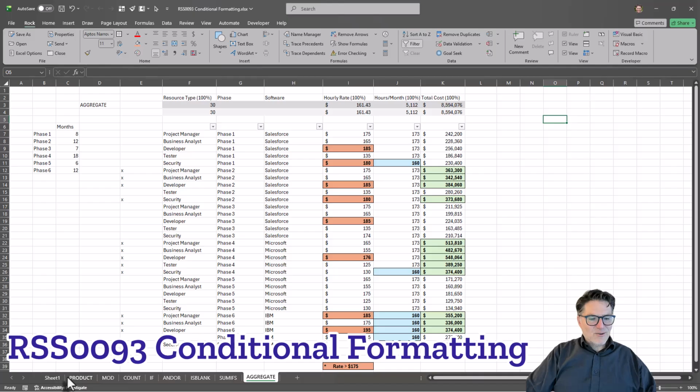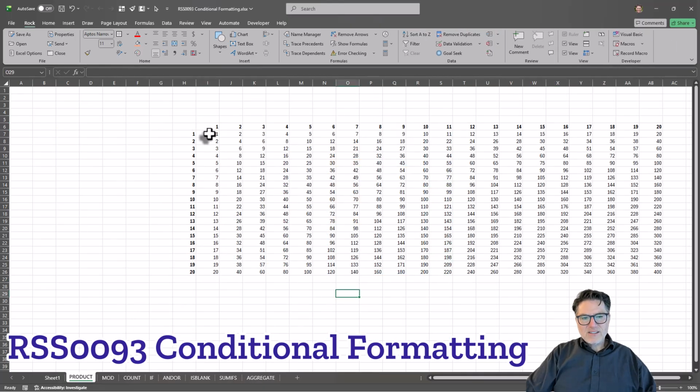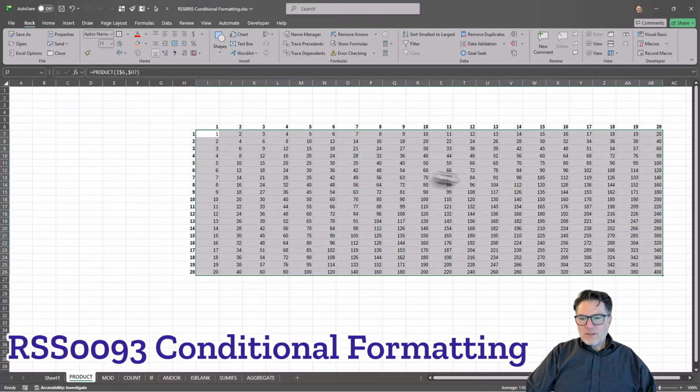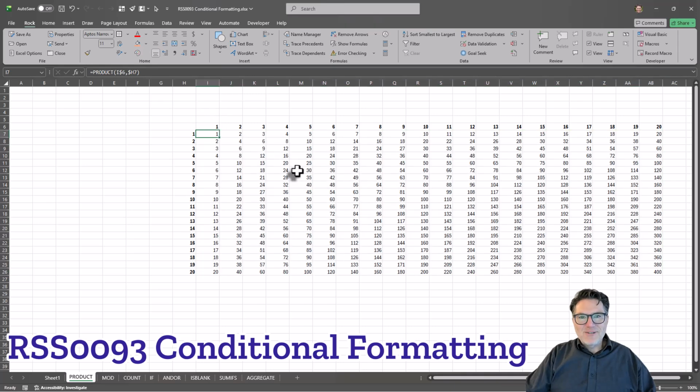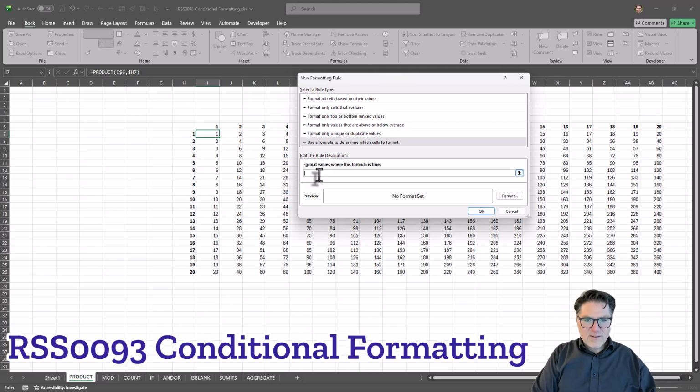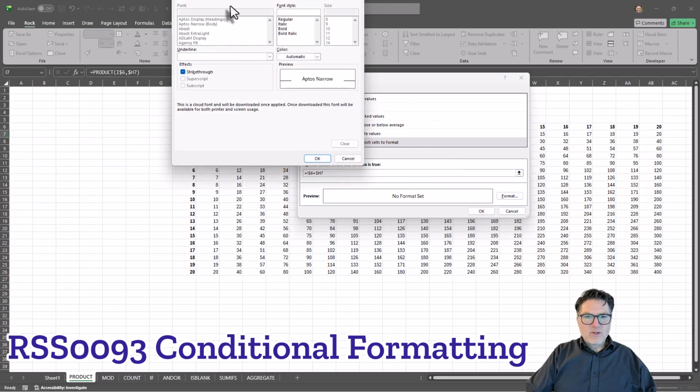Let's go back to our product one, and let's create a formula that replicates the blue that we had if the value is the square of the column header and the row header. So let's see. I'm going to say, if this is true, it's going to be $6 equals H7. But I want to make sure to take off the absolute reference here to this column and the absolute reference from this row, so that as I paste this down, it can give me the blue color